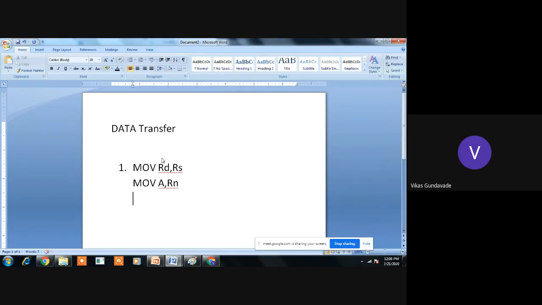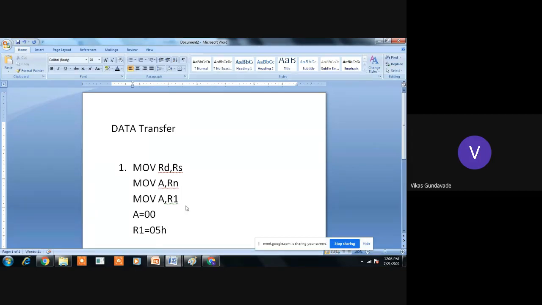For example, if the instruction is move A, R1, what will happen? Take the example where previously the contents of accumulator are 00 and the contents of R1 are, let's say, 05H.